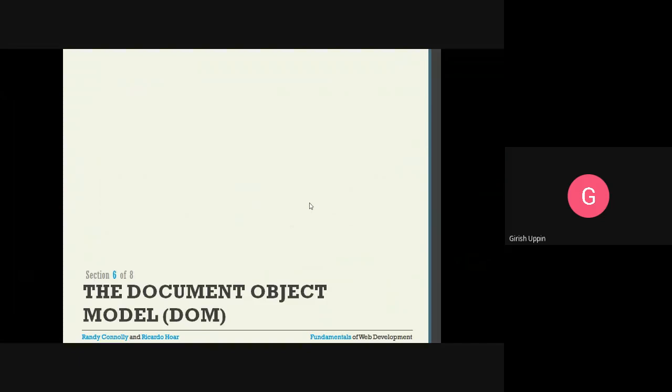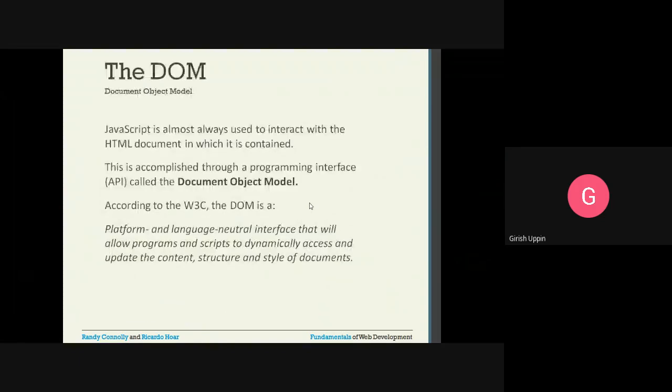Next one is the Document Object Model, or DOM. Document Object Model is very important. JavaScript can interact with the HTML document using this API. Whatever the HTML document is, JavaScript can easily access those HTML elements, and it can modify them using this DOM.